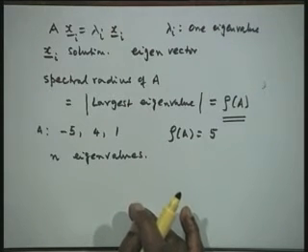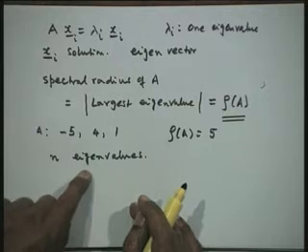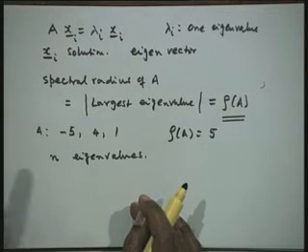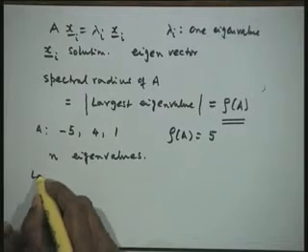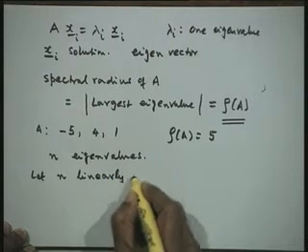It is possible that the system given to us may have n independent eigenvectors, that means one eigenvector for each eigenvalue, or we may be short. That means if we have a repeated eigenvalue, say the eigenvalues are 1, 1, 1, it is possible that the system does not have 3 linearly independent eigenvectors. So, let us assume that it has n linearly independent eigenvectors, so let n linearly independent eigenvectors exist.